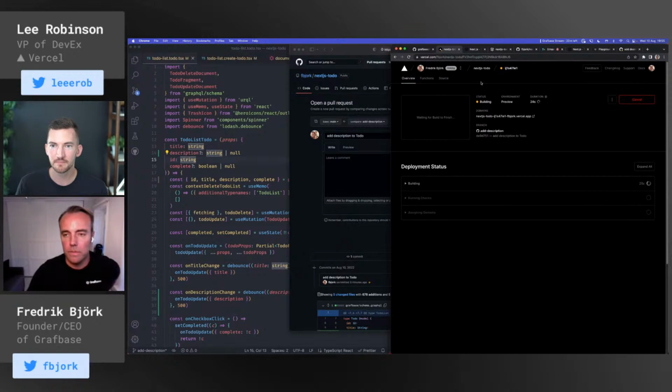Okay, so now when this is done, we're going to open it up and we should see, as expected, nothing in the database, but we should see the new description field. And then we can kind of play around with that. And when we're happy with it, we can merge the pull request, and then it will automatically deploy to